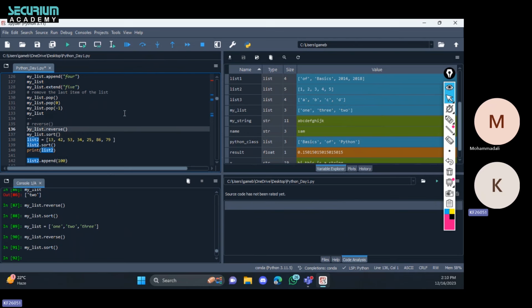The reverse function is used when we have multiple integer values in our list. When we use the reverse function, it will reverse all of the values. When we try to sort, it will sort integer values in ascending order. You can see here we assigned a list, list 2, with the values 13, 42, 53, 34, 25,